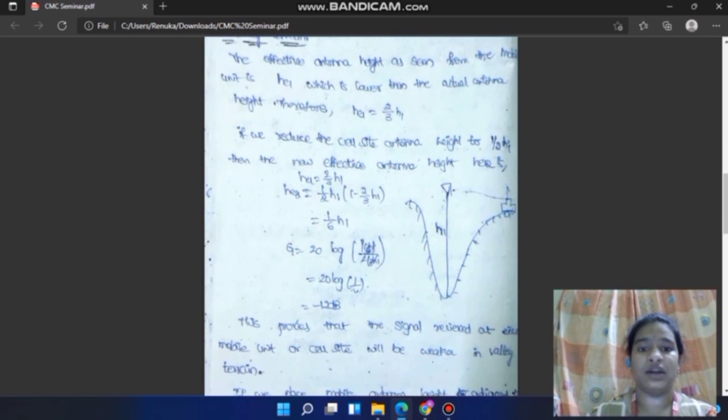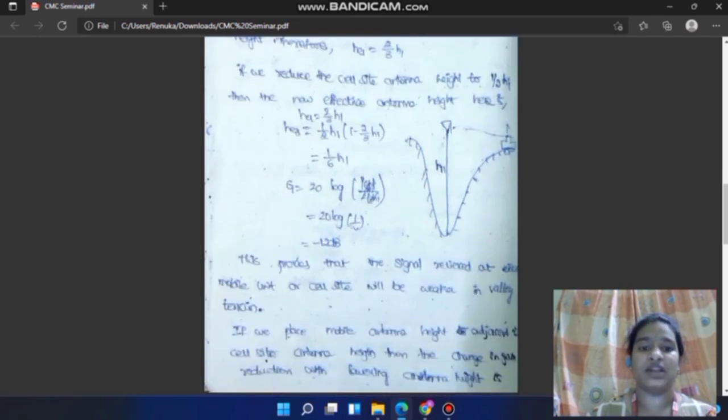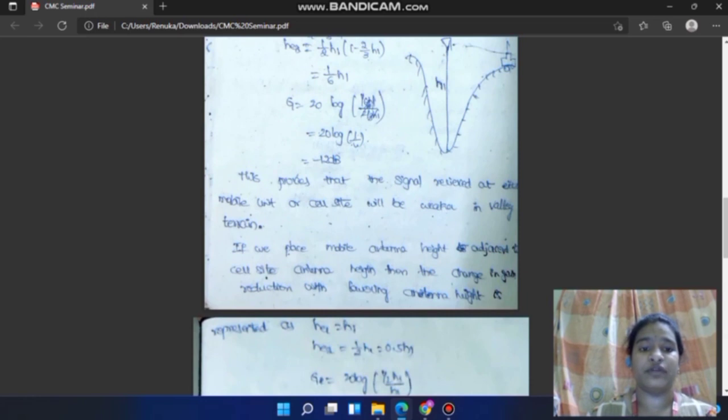Therefore, He1 equals 2/3 of H1. If we reduce the cell site antenna to 1/2 of H1, then the new effective antenna height He2 is He1 plus 1/2 H1 into 1 minus 2/3 of H1, nothing but 1/6 of H1. Then the gain will become 20 log of 1 by 4, that is in negative terms, minus 12 decibels. This proves that the signal received at either the mobile unit or cell site will be weaker in valley